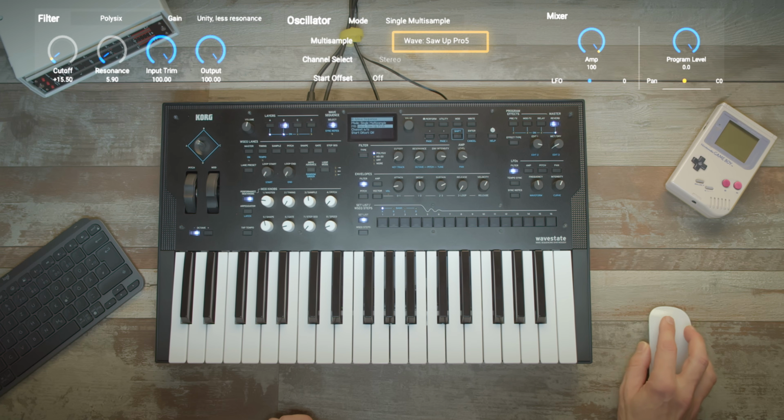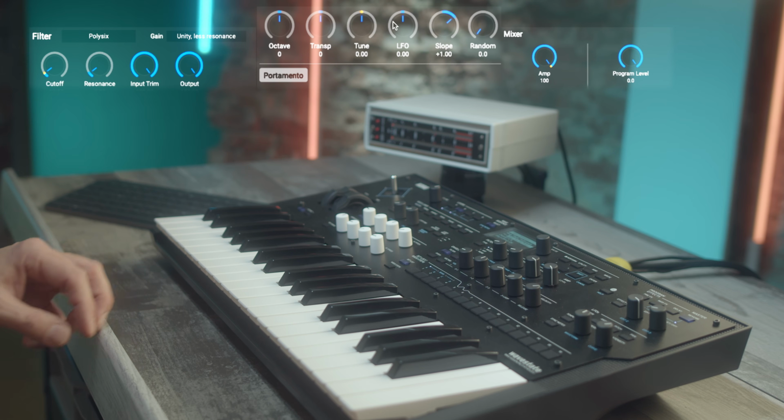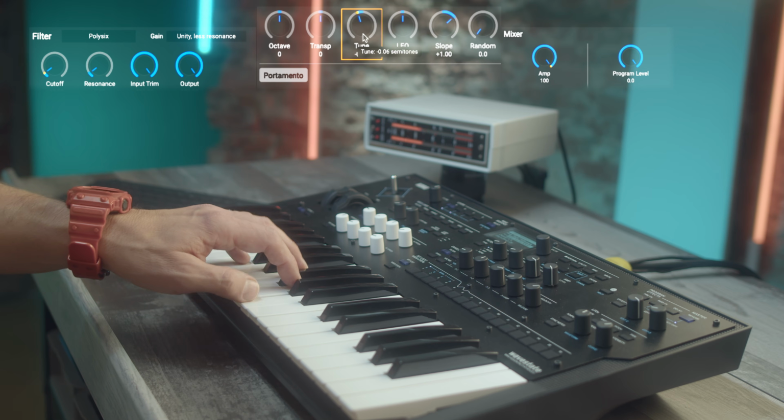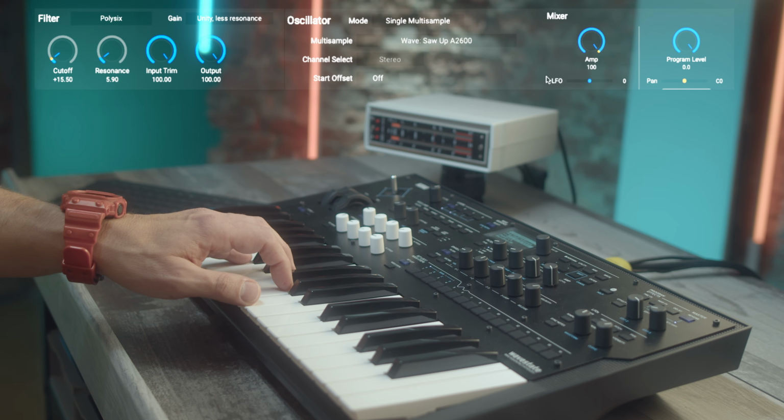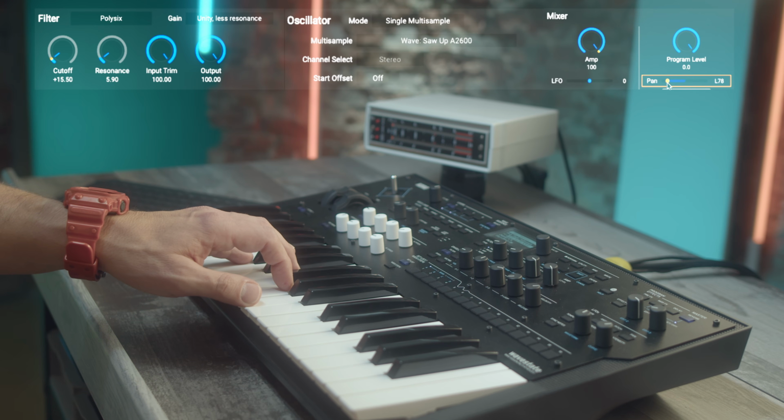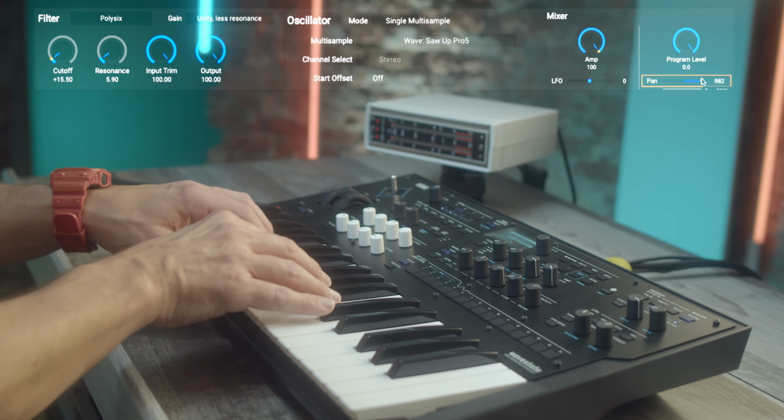And now I'm gonna detune the two layers a tiny little bit against each other, so that you get this kind of chorus sounding thing. And then I'm panning the two layers, also quite extreme, one to the left, one to the right.